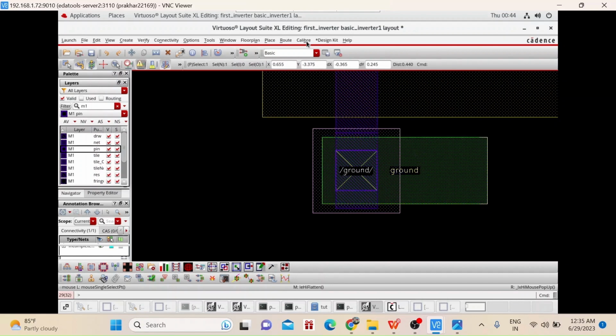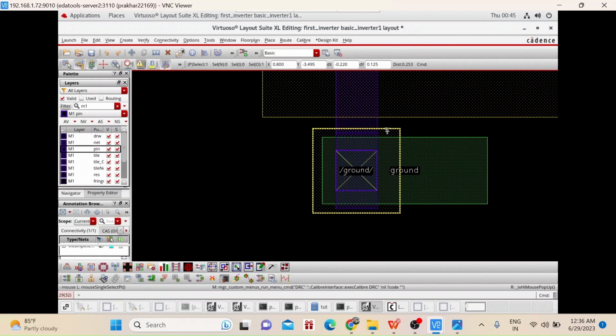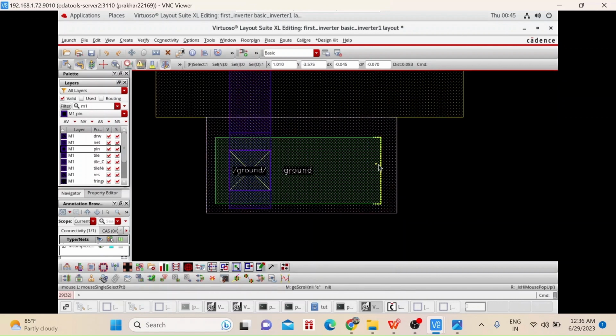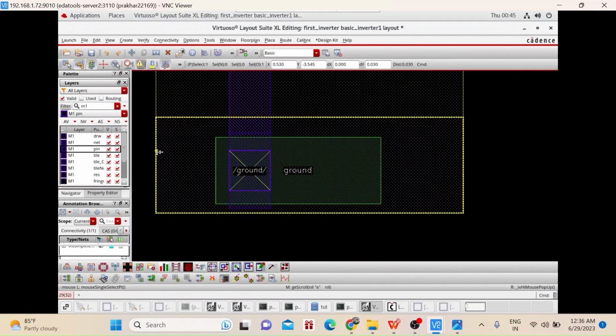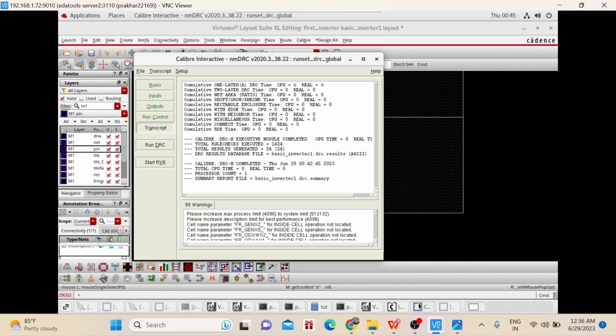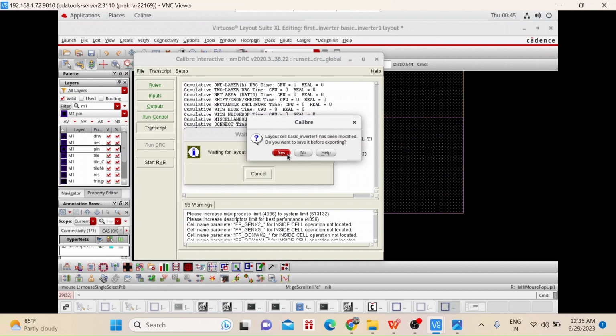Let me show you whether our DRC is decreased or not. Again run NMDRC. Okay, let me connect these layers also. Now let me check if the DRC is decreased or not. 100% there will be a decrease in the DRC.